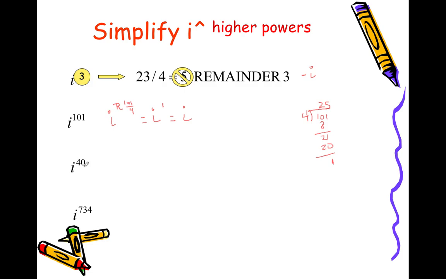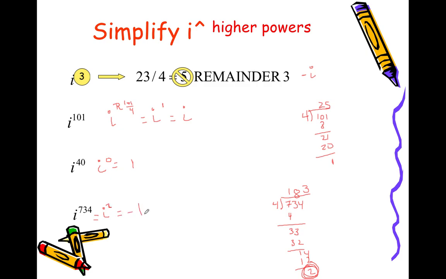Hello, i to the 40. What is that divided by 4? Don't care. What's the remainder? 40 is divisible by 4, so this turns into i to the what? What's the remainder when you divide? And then what's i to the 0? 731. Oh no, I don't know what that divided by 4 is. Well, okay. So 4 goes into 7 once. Subtract. 4 goes into 33 8 times. 32. Subtract. 4 goes into 14 3 times. 12. What's the remainder? So i to the 731st is equal to i squared,